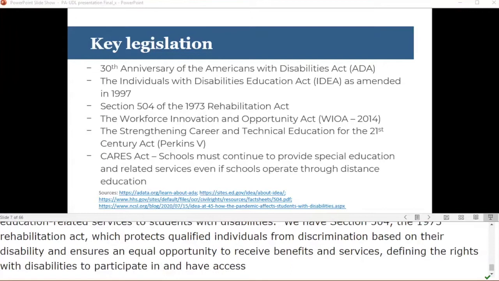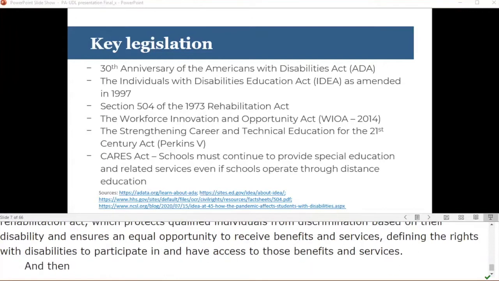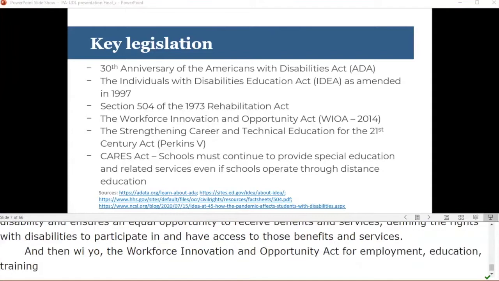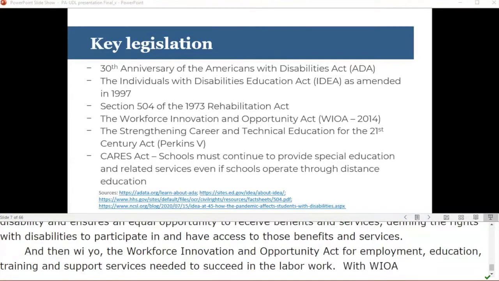And then WIOA, the Workforce Innovation and Opportunity Act, really increasing access to and opportunities for employment, education, training, and support services needed to succeed in the labor market. And so with WIOA, focusing on vocational rehabilitation outcomes, competitive integrated employment, and promotes greater emphasis on transition services for